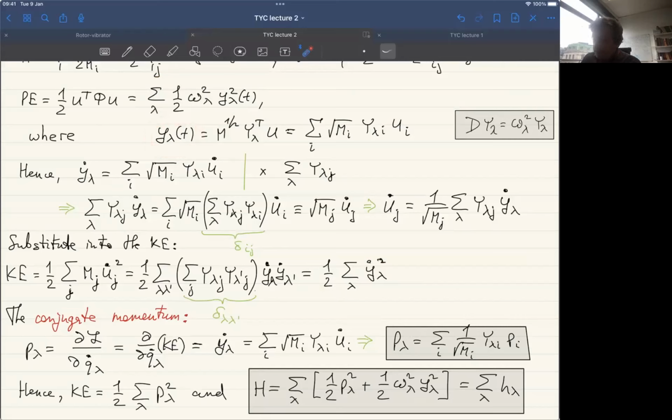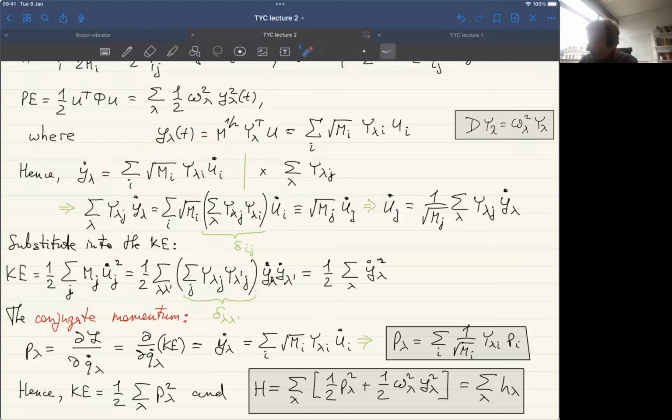This is done, if you recall classical mechanics, by differentiating the Lagrangian with respect to the normal mode velocities. And if you perform that calculation, you need to differentiate only the kinetic term, because the potential energy doesn't depend on the velocities, you of course obtain y lambda dot,